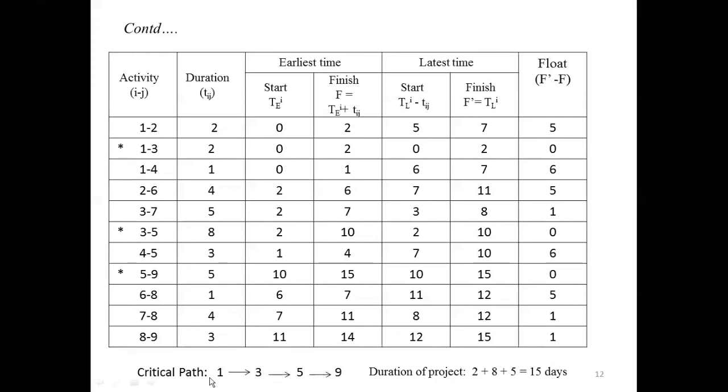After identifying the critical path 1-3, 3-5, 5-9 in the network diagram, you have to make those arrow marks a thick line. It is from 1 to 3, 3 to 5 and 5 to 9. After getting the critical path in the network diagram, you have to make it a thick line that shows the critical path and the total duration of this critical path. And this is the solution for the given problem.